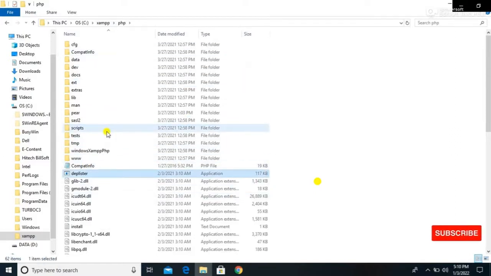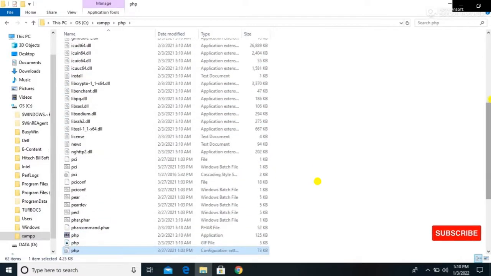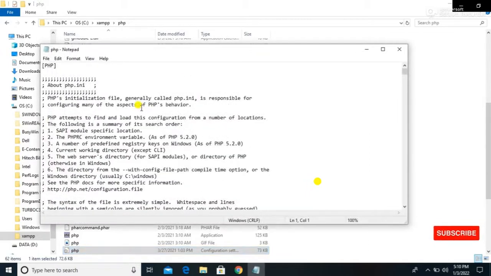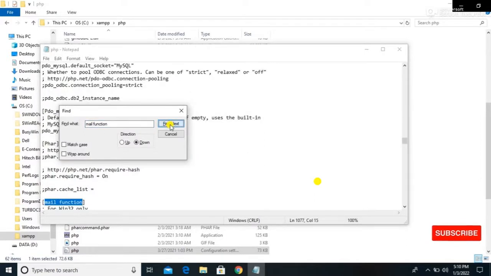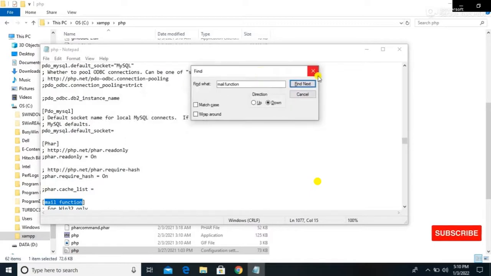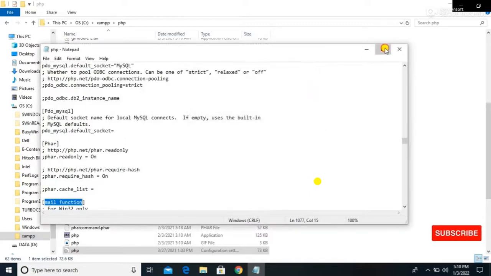Here in this PHP folder, we need to edit the PHP configuration setting. So this is the PHP configuration setting file. Inside this file, we need to search for the mail function.